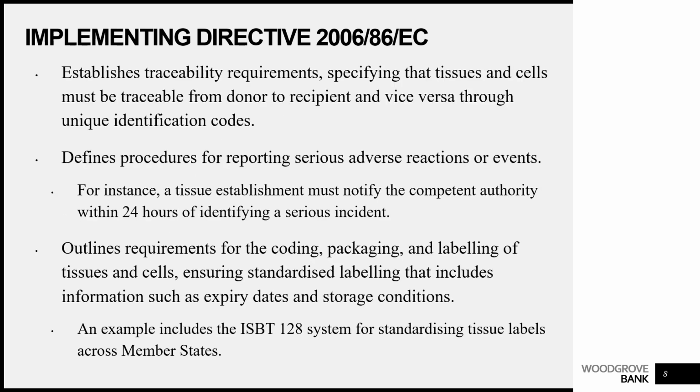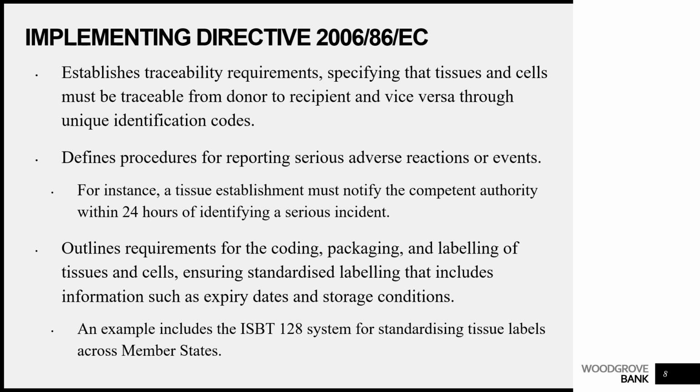The other implementation directive is 2006/86 EC. Now this establishes the traceability requirements, specifying that tissues and cells must be traceable from donor to recipient and vice versa. And this is through unique identification codes. So that's really something that's very important, even when we go to the point of using these human tissues and cells for medicinal products. They have to be